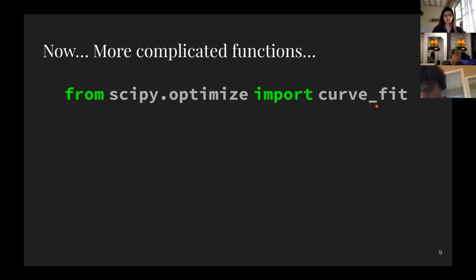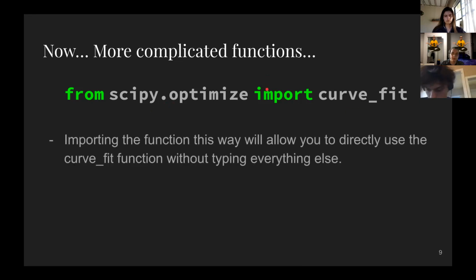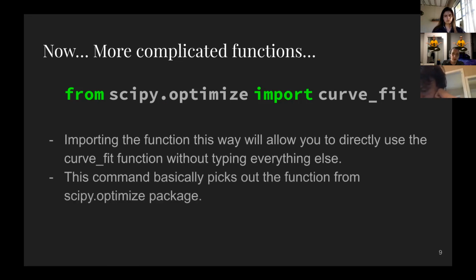So I'm just going to import it like this. But you can always import it as an alias. Usually people use something like fitter as the alias, so "as fitter" instead of "as np" for NumPy. We usually use "as np"; this would be "as fitter" or something like that. It doesn't really matter, it's personal preference. And importing this function this way lets you use just the curve fit function without having to use the dot notation that we talked about for so long. So yeah, it pulls out that function.